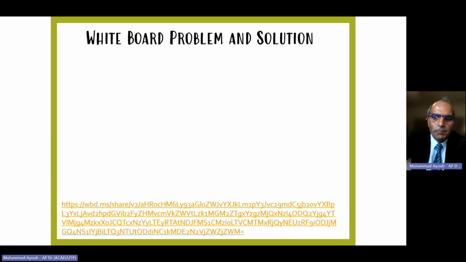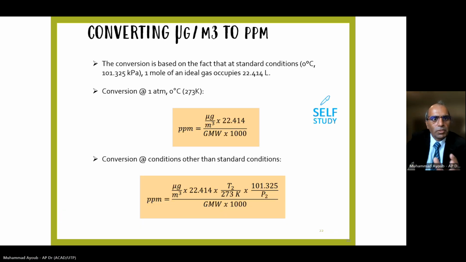This way we can easily find out how to convert microgram to ppm, because some companies give data in the form of microgram per meter cube, while some standards are in ppm. If the quantity is in microgram per meter cube, this way we can easily convert it. Okay, so this is the way we write this formula, and it has two types. One is ppm at standard temperature and pressure, STP, and the other is if the temperature varies from one condition to another, then we adjust the temperature and pressure accordingly.